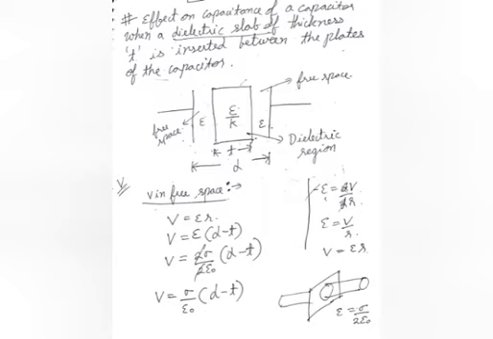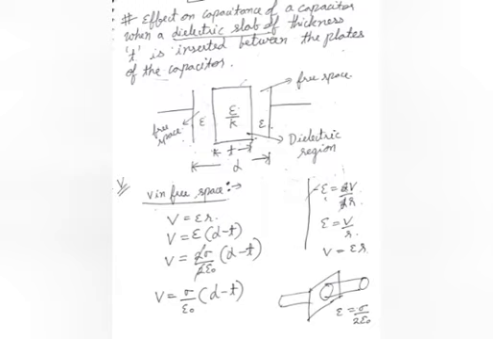So first of all, if we want to calculate capacitance, the expression for capacitance is C is equal to Q by V. That is, we would require the value of charge and potential V. So let us calculate the value of potential first. Hence I have written V in free space, because there are two types of region. One is free space and the other one is a dielectric region. So let us calculate V in free space first.